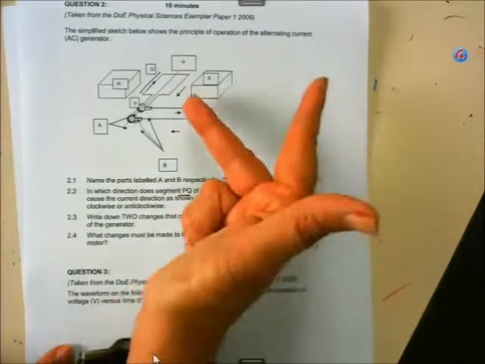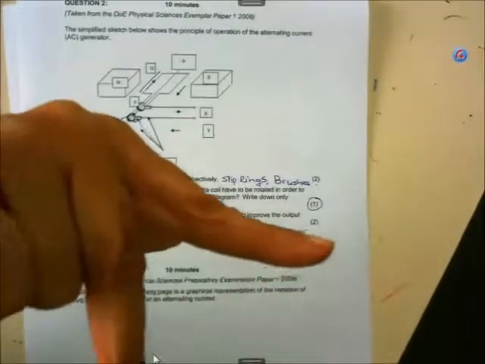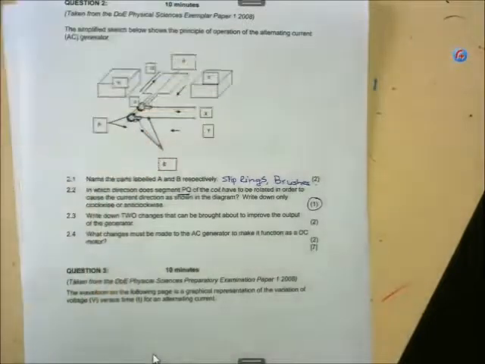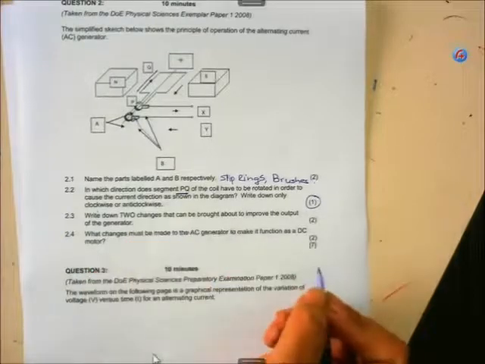So what happens in this case now? The current's going to be coming to me, north to south. Remember, my knuckles must point in the right direction. So it's going to be going down, yes. So according to me, it would definitely be going clockwise. Right, now they say here to me,